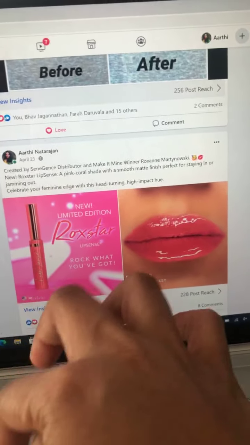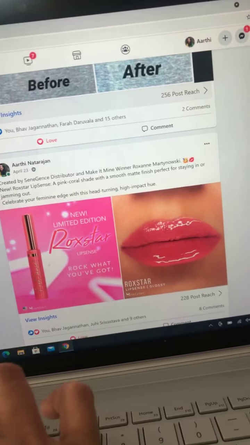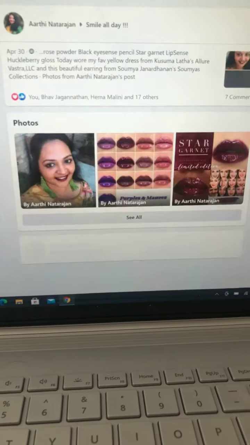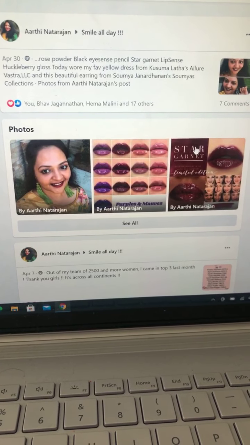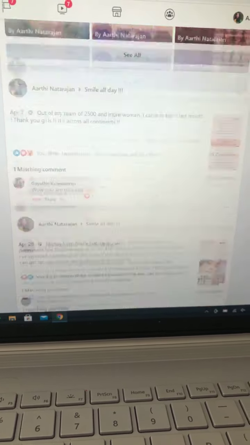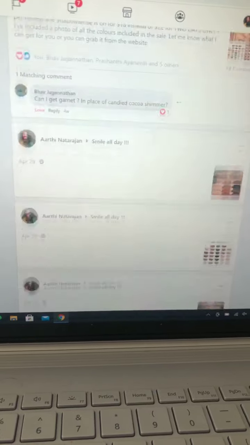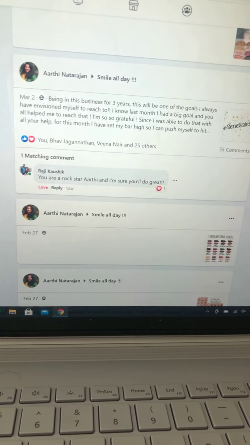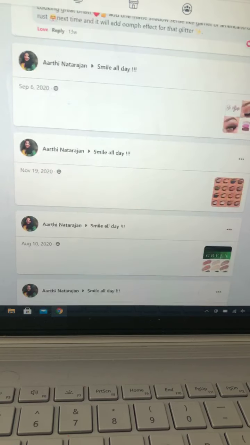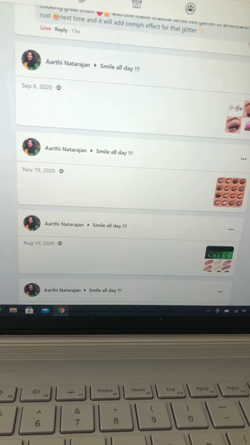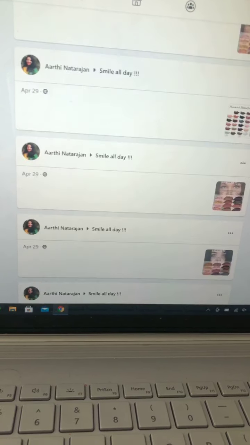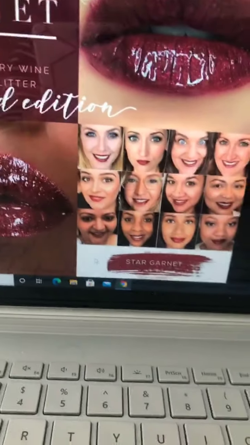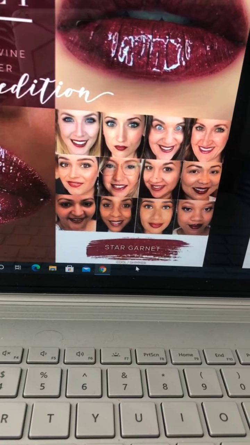If I open Star Garnet, let's search. I can show when it got introduced. Maybe I need to find it as a one color. But here you see the color, yeah, it's there again. So you can see it's a shimmer shade.